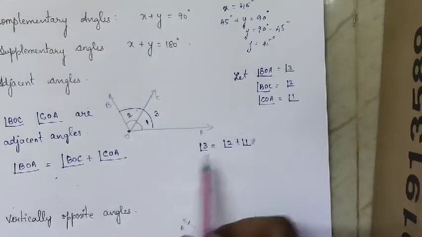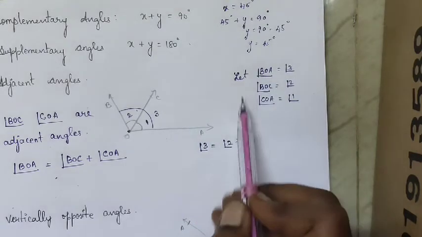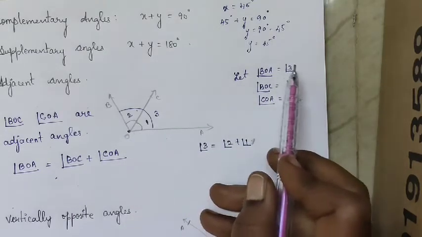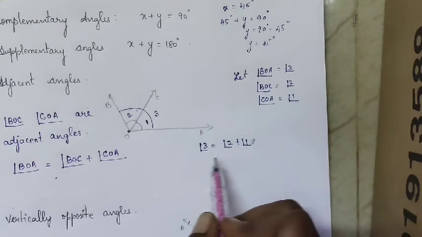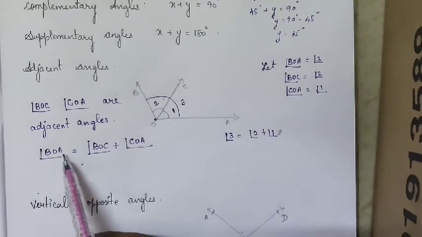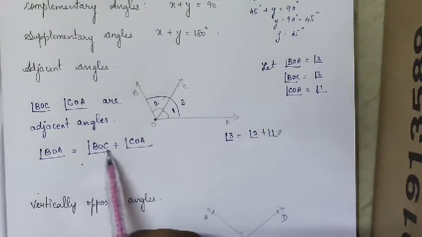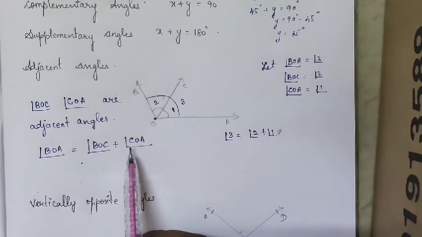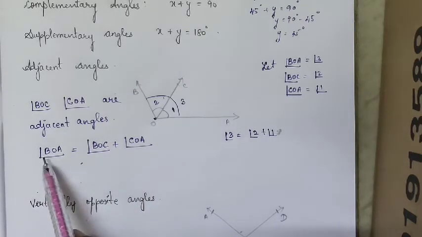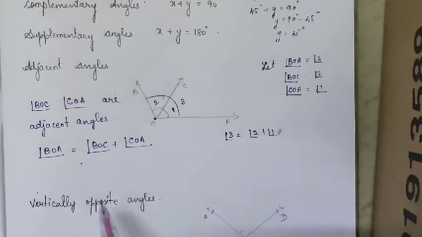But we cannot write this directly. Before starting to write the answers, first we have to define which angle we are giving which number. First we have to define everything, then we write this. And while writing, we should not change the order. See here, BOA and BOC should not change, and likewise COB, AOC, AOB and all. If you follow one order, we have to follow the same order for the entire sum.